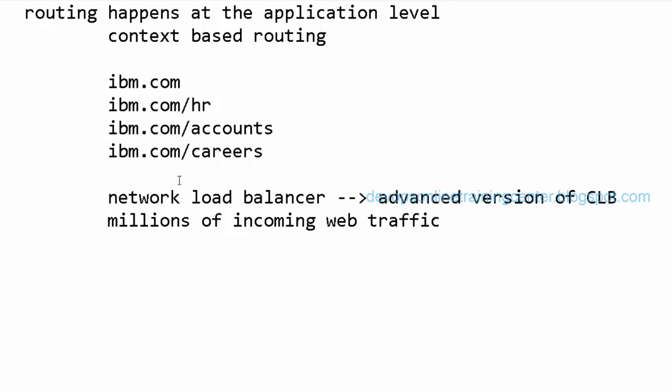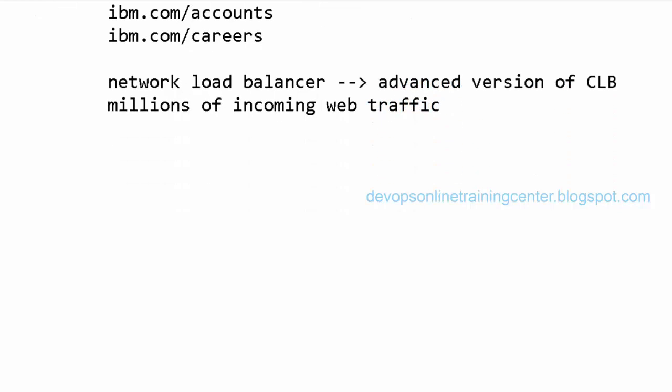Classic and application load balancers have been there for a long time, and we'll see how to configure one of them and attach an auto scaling group to it. All those load balancers are available at Amazon. Yes, they are available.